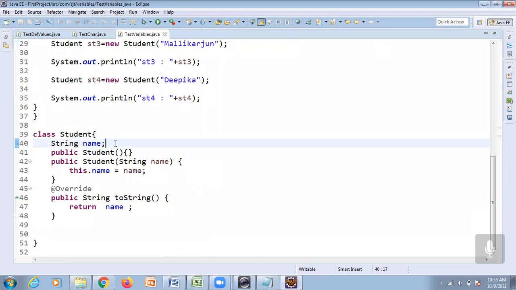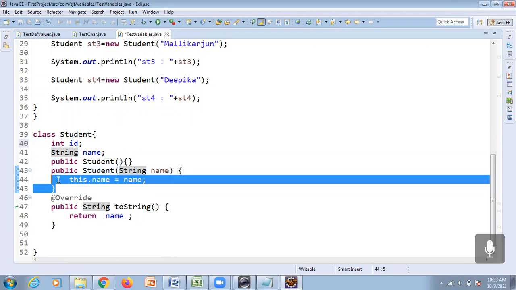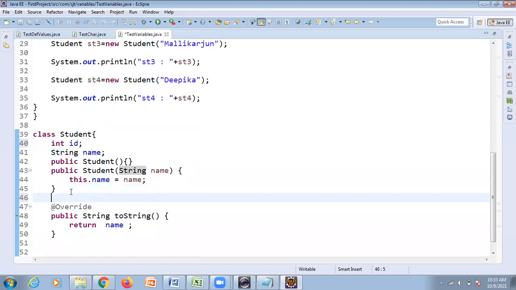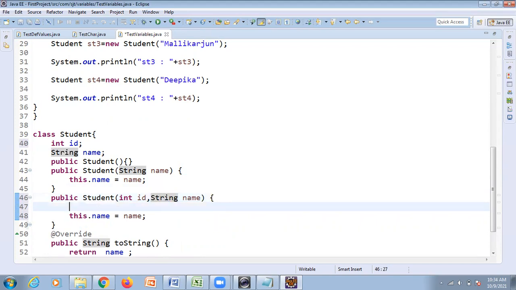Now suppose I am adding one more value to this. Observe here. Suppose I am adding a value in id. So now the same thing I am going to do. Okay, one more constructor with id. I will say int id, then this dot id is equal to id.